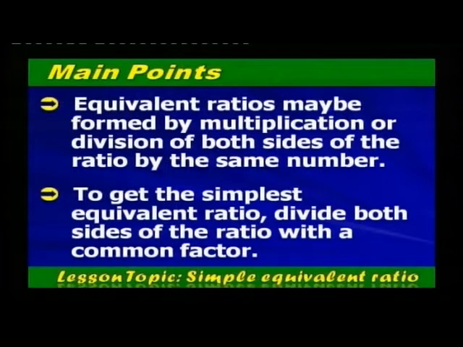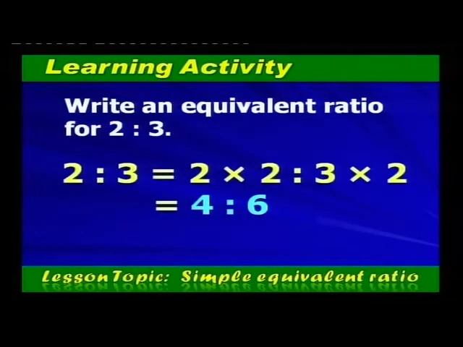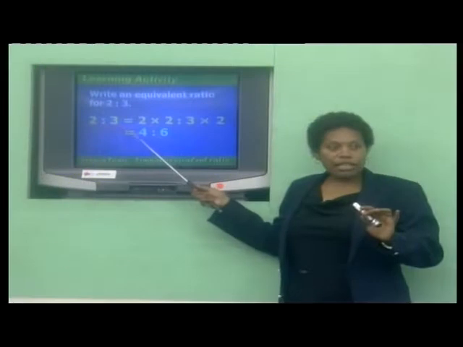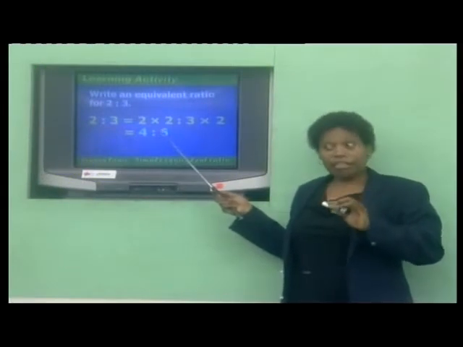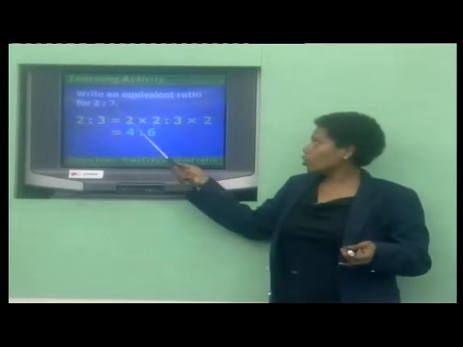Okay, let's look at an equivalent ratio. Class, everyone, write an equivalent ratio for 2:3. Now remember, in order for you to get an equivalent ratio, you are going to either multiply or divide. So here, in order for us to get an equivalent ratio, meaning equal to this ratio,